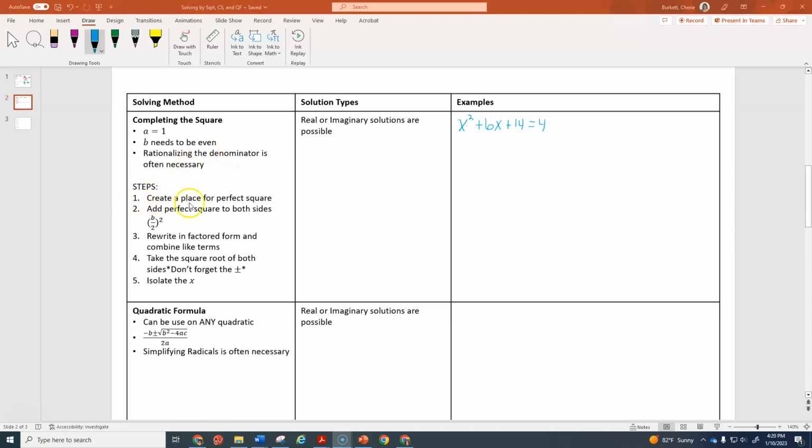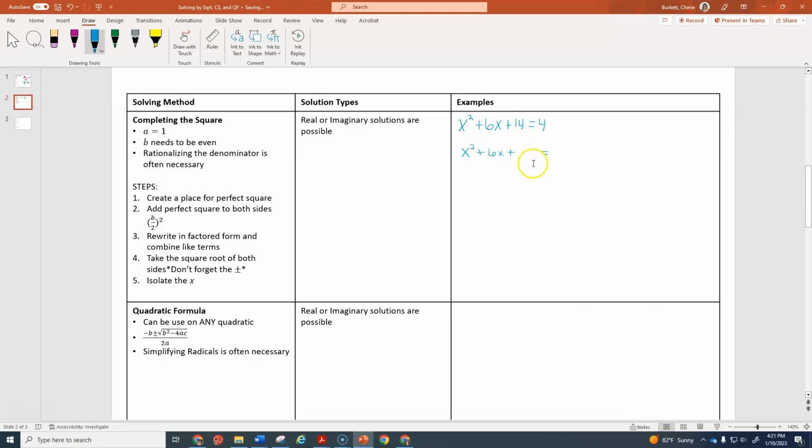So it says create a place for the perfect square. So the place that we want is going to be, we're going to want our equation to be x squared plus 6x. And then we're going to have a plus sign, and then we're going to have a space. Okay, we want a space right there because this is where the perfect square is going to go. So how are we going to create a space when right now they're